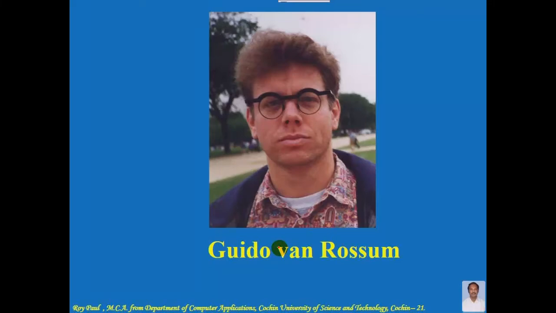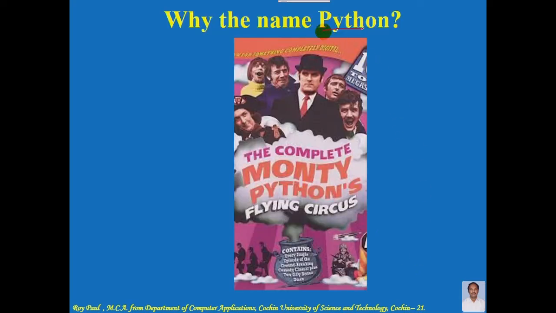The Python programming language was developed by the Dutch computer programmer Guido van Rossum in February 1991. The name Python has nothing to do with the dangerous reptile. Guido van Rossum used to read the published scripts of the BBC comedy series Monty Python's Flying Circus. When he created a programming language, he wanted a short, unique and slightly mysterious name, and so he decided to